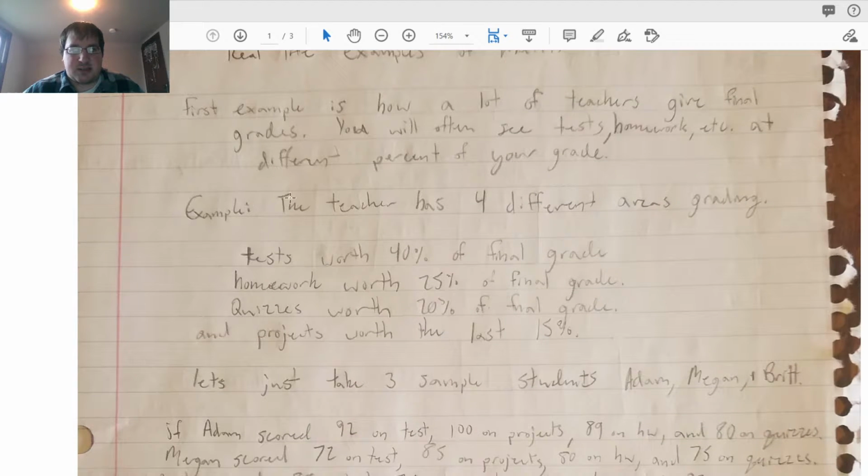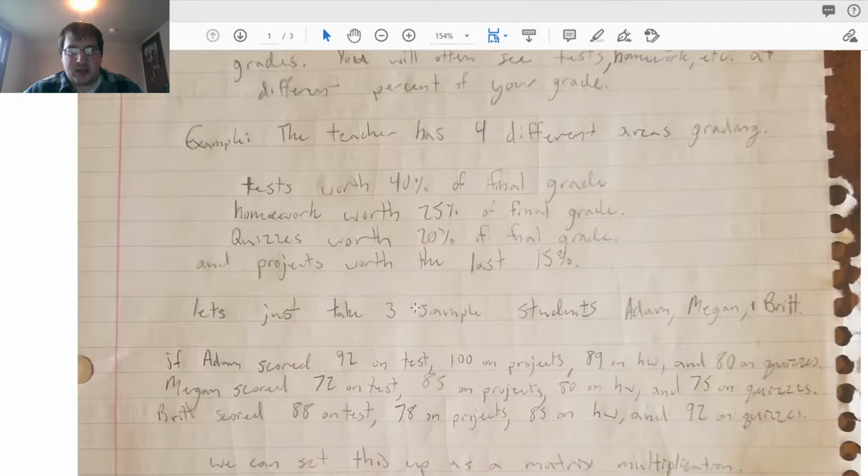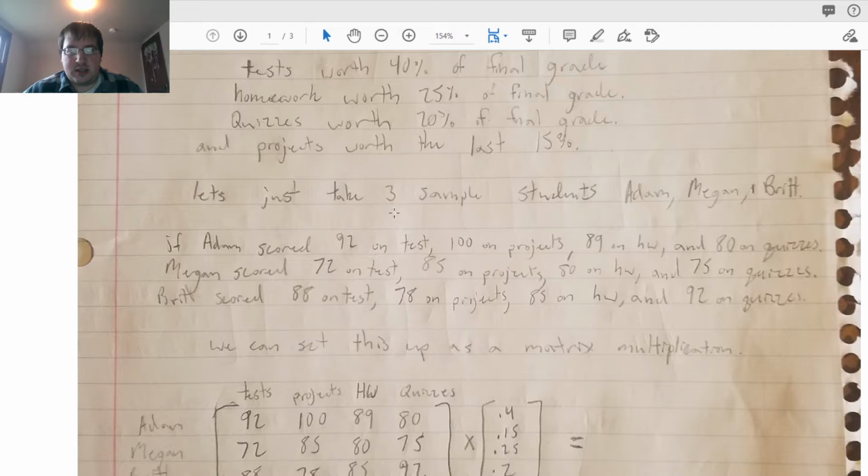So if we look at this example, if the teacher has 4 different areas of grading, the tests are worth 40% of the final grade, homework worth 25%, quizzes worth 20%, and some projects worth the last 15%. If we look at 3 sample students, Adam, Megan, and Britt,